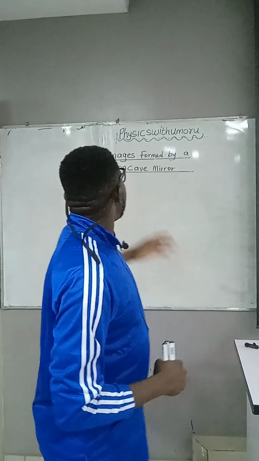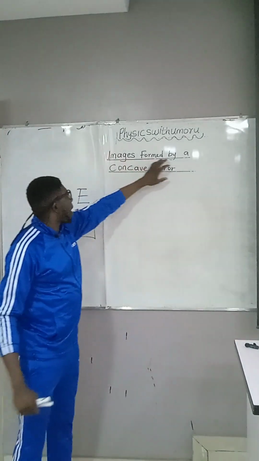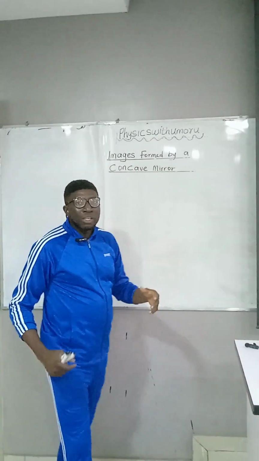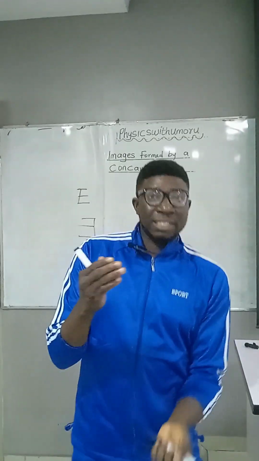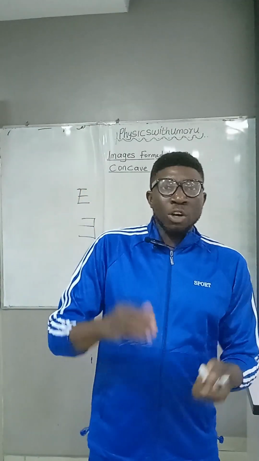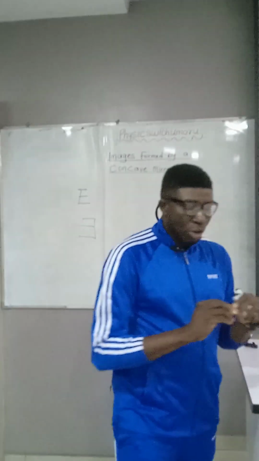But to discuss the images formed by a concave mirror, you can't say that the image is real or the image is virtual. You can't say that the image is inverted or the image is upright. You can't say that the image is magnified or diminished or the same size. The reason is because this type of mirror, the concave or converging mirror, where the surface of the mirror